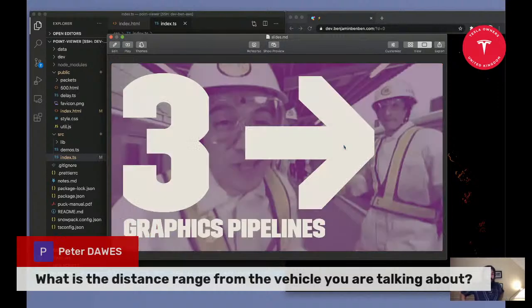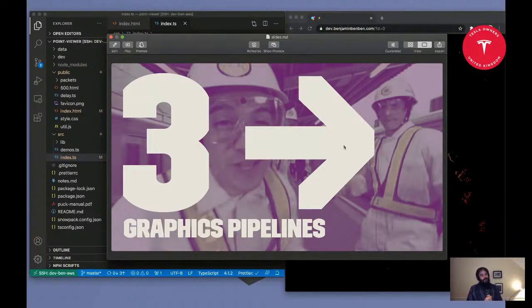Cool. Right. That wasn't a very well thought out slide. So the next part of this is I want to talk about graphics pipelines, right? I should really have had a slide for this. It would be easier to explain. But